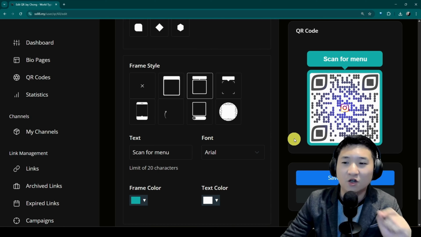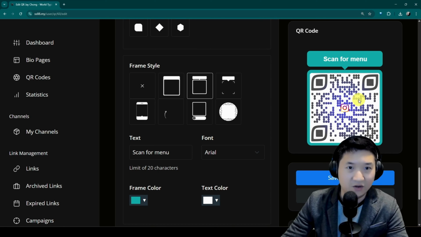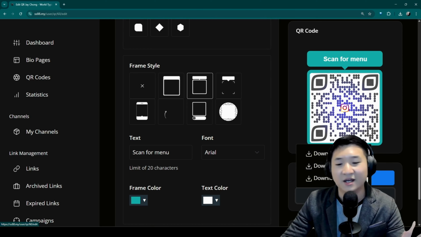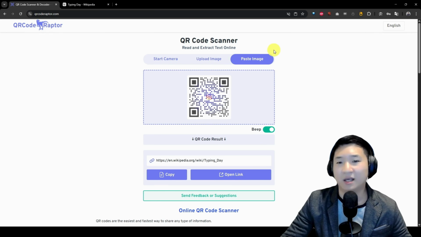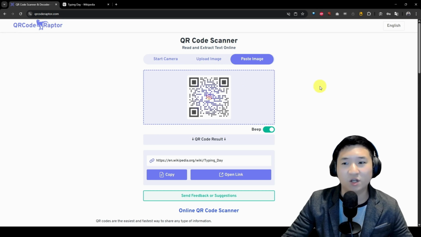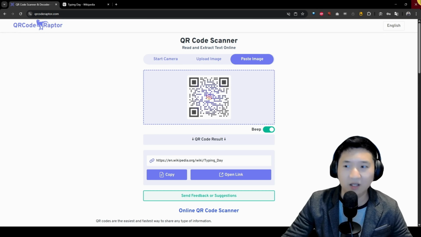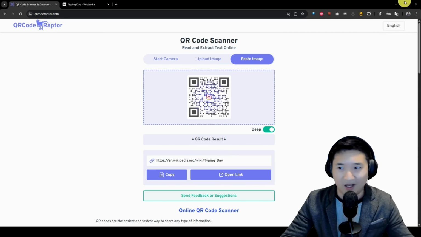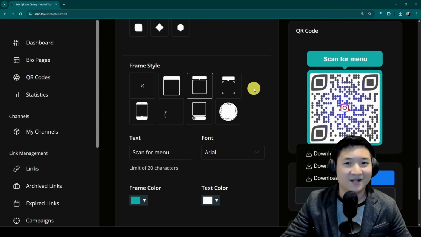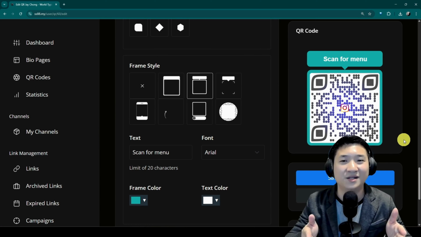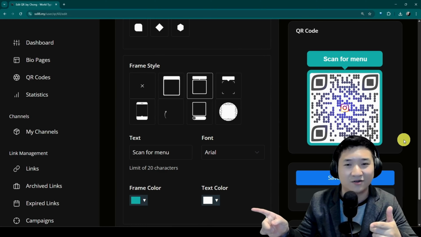Remember, always download the QR code first, in PNG for me. Then go to a site. There are quite a number of QR code scanners in the market. Whichever you use is fine as long as it's working, just making sure you get the destination correctly. Test a few times, and once it's done, then voila, you can print out this QR code and just print once and use it for